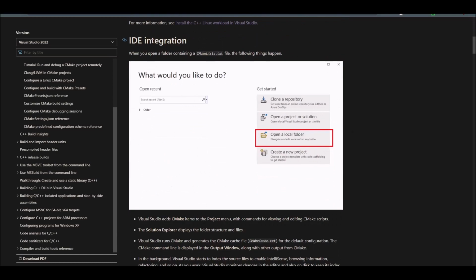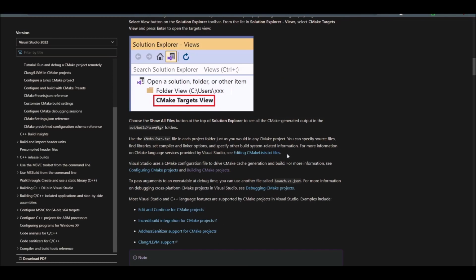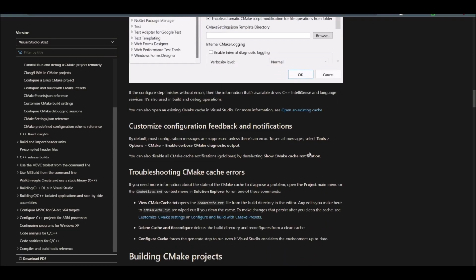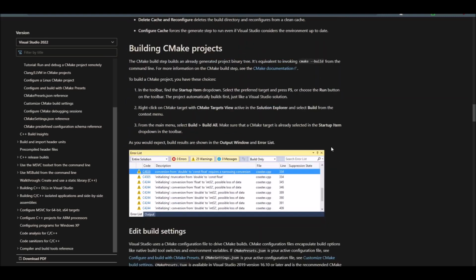So IDE integration is just open the local file. That's it. That's literally the entire step. Everything else is just statements of how it does everything automatically, but you should still read them. Building CMake projects. Okay, this is gonna be a little